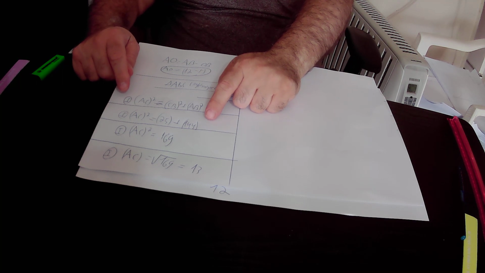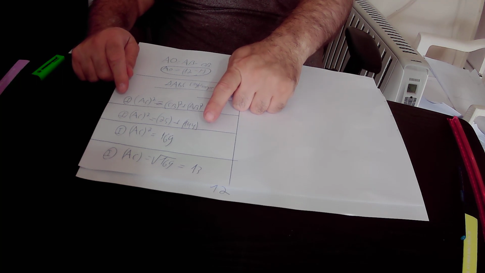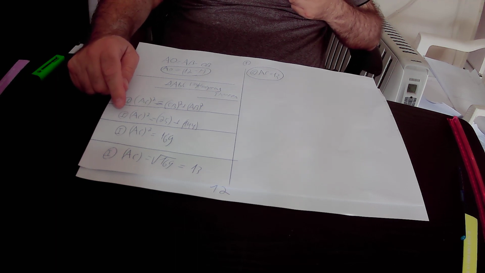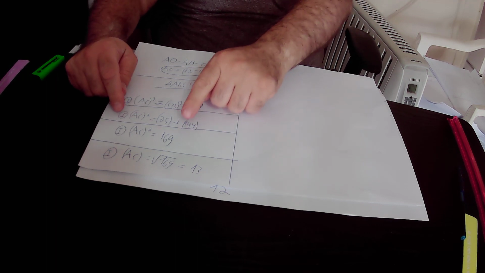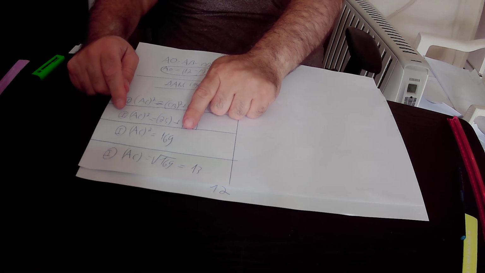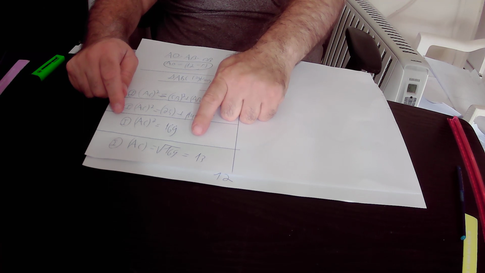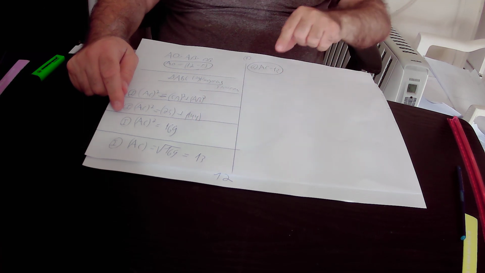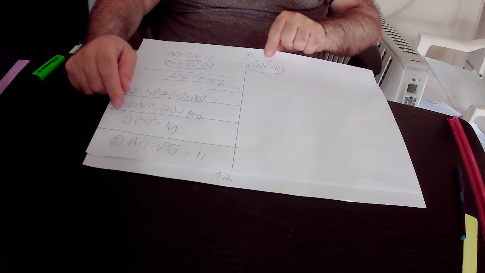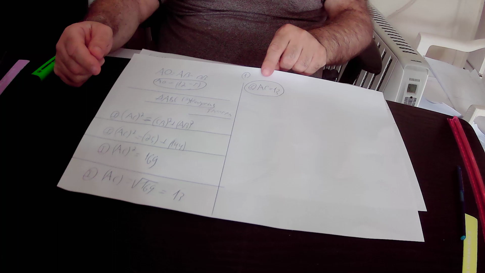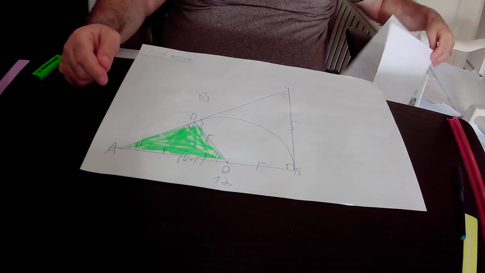25 plus 144 equals 169, so according to equation number 1, AC squared equals 169. From this equation, AC equals the square root of 169, and the square root of 169 is 13, so we found that the hypotenuse AC of the right triangle ABC equals 13 units. Then